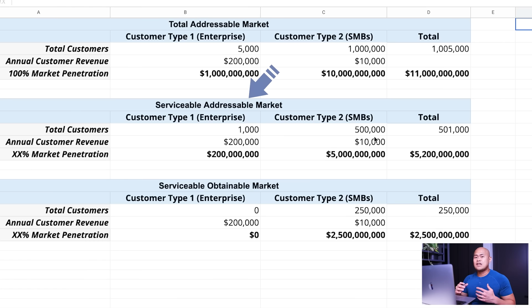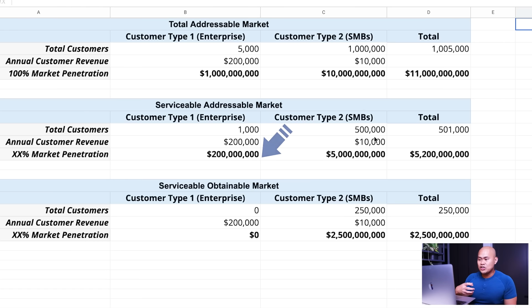So if, for example, we're looking at businesses that only focus on English, that don't need multiple languages as an example, in the enterprise space, that's going to be a subset of those customers, so 20% specifically. So 1,000 different enterprises for total customers. That will equal the annual average of 200,000, which yields a $200 million total for